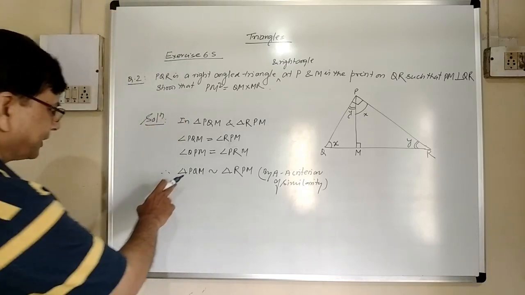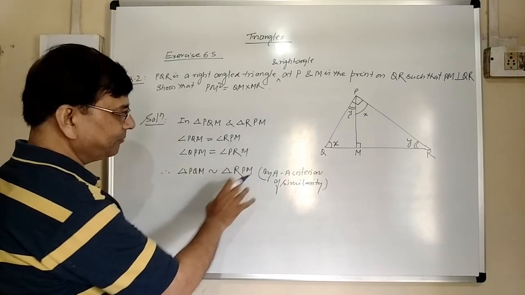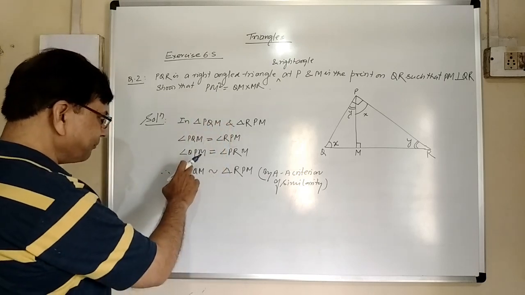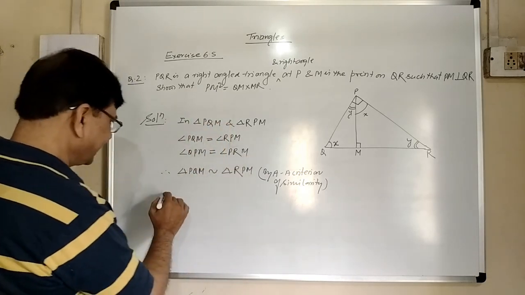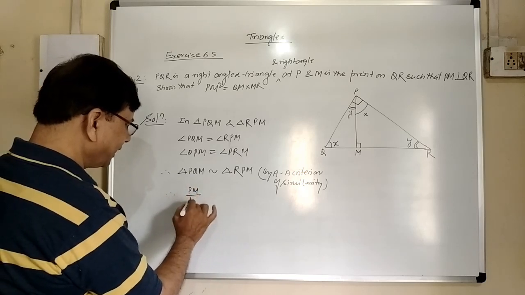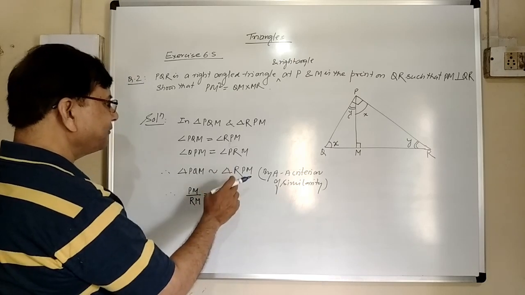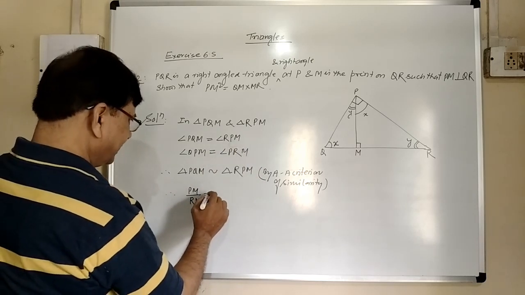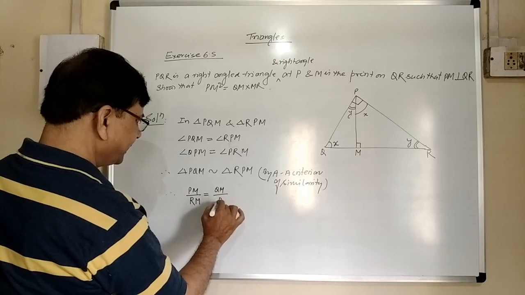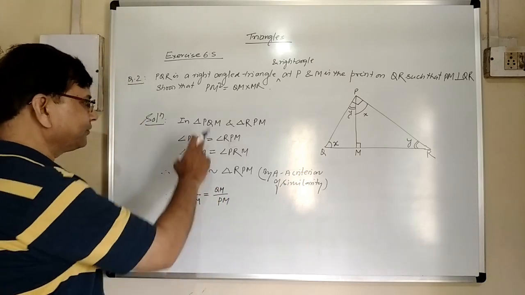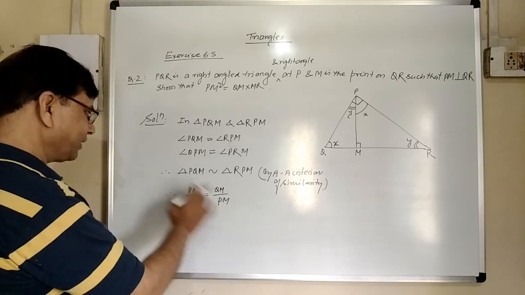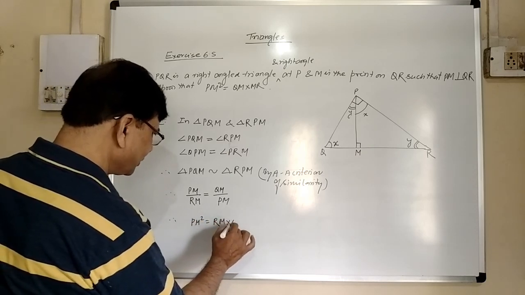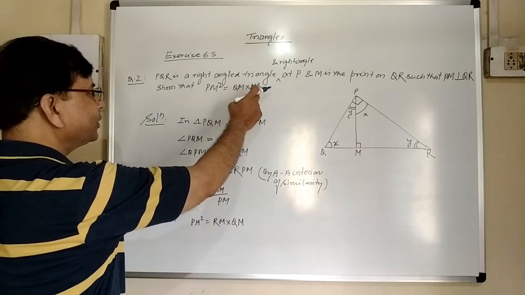Now triangle PQM is similar to triangle RPM. The ratio of the corresponding sides will be equal. PM square is needed. So you will see PM, this side corresponds to RM. Therefore PM upon RM is equal to, again we want PM, so QM corresponds to PM of this triangle. Therefore QM upon PM. The ratio of the corresponding sides of these two triangles will be equal. So by cross multiplication we will get PM square is equal to RM into QM. So QM into MR,